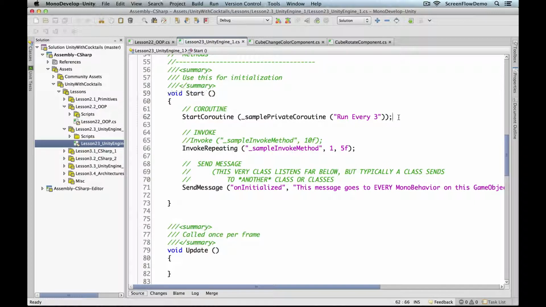But let's see what they do. One of them is a coroutine. You can specify that, let's say, every 3 seconds you want code to run. So you're able to do something, a timer ticking down, you may want to have execute every 1 second. There's another way you can do that here by invoke repeating. You can tell the coroutine sample private routine to run. You can tell the method sample invoke method to run, and you can give them the amount of time you want